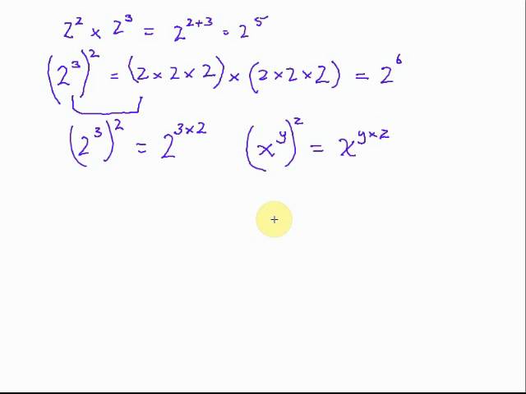times z. Alright, I've just changed colors here, and now I want to introduce some terminology. Suppose we have 2 to the power of 2, and we know that that is 2 times 2, and the multiplication in this case is easy. It is 4. Now, as a matter of terminology, we can say this. We can say, we've already dealt with this, 2 squared, is 4. And we can also say this,